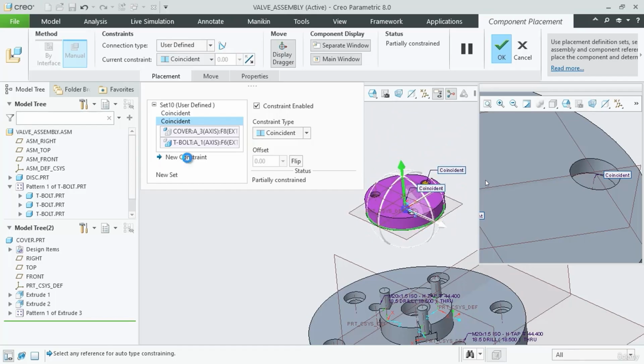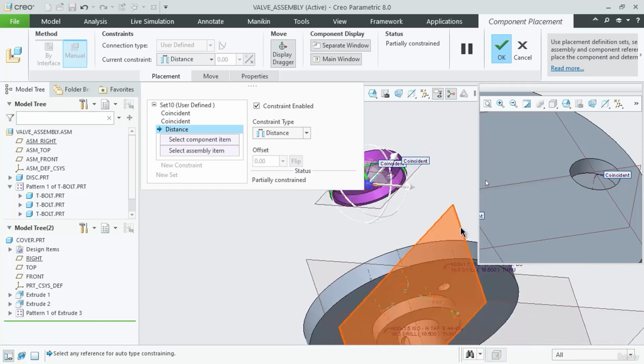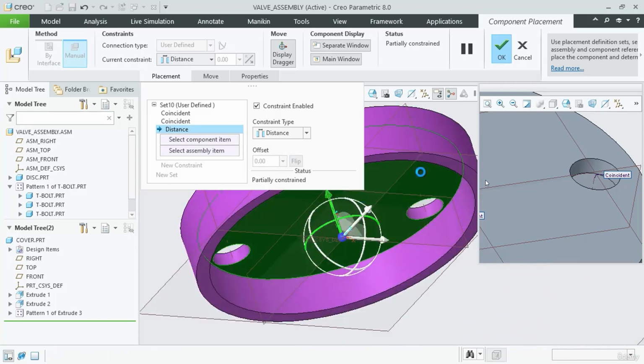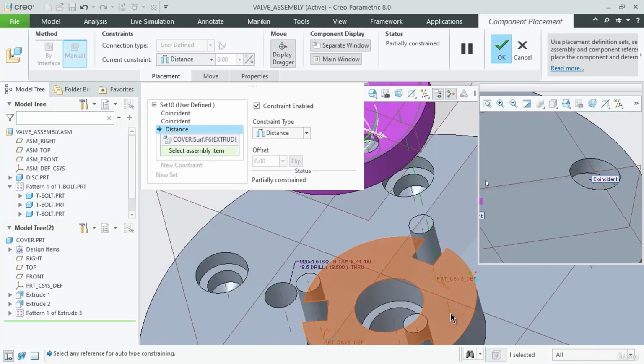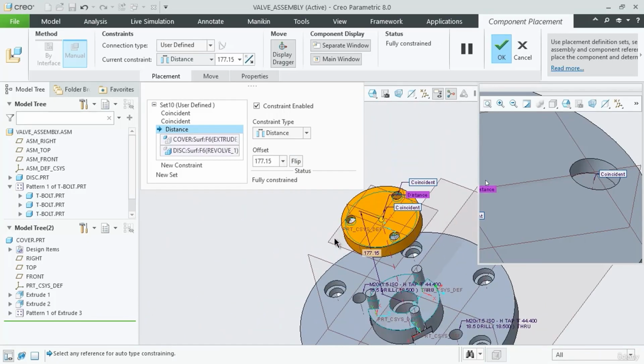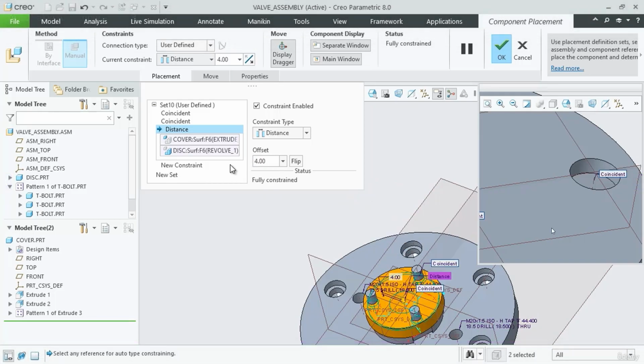For constraining that, we'll click on new constraint and you can either coincide or you can also give a distance. Let us go for distance so that we will understand how distance works. We'll select this face and we will select this face and let us keep it at a distance. Here you can give an offset distance. Let us give some 4 mm. Click on enter